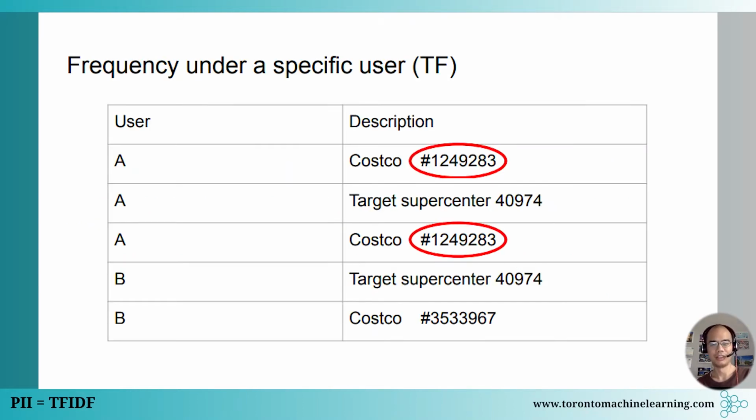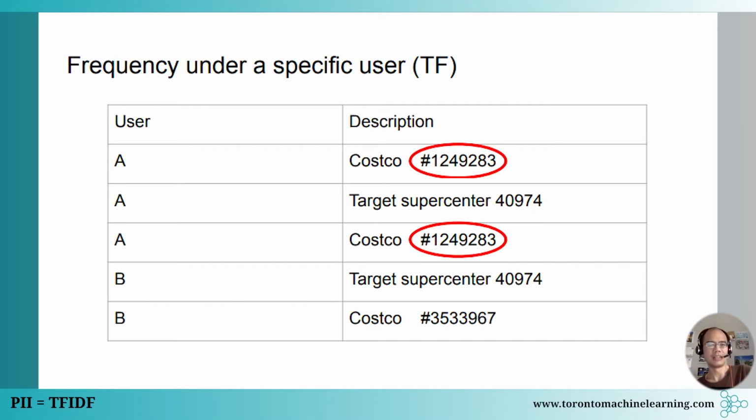And this is where the TF-IDF comes in, right? This is a very first lesson for any natural language processing data science course. Right? You go look at the data. Right now, all these belong to the same person. Other ones belong to a different person. And you look at this. Right? This is an example where, okay, this looks suspicious. This could be your membership ID, and we want to remove it.